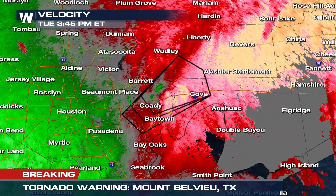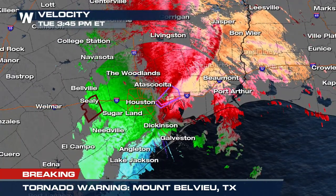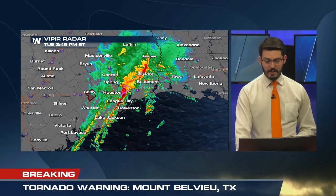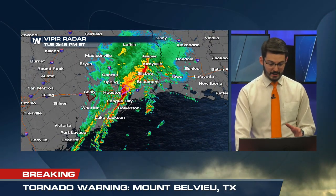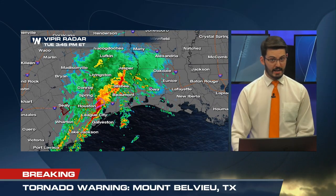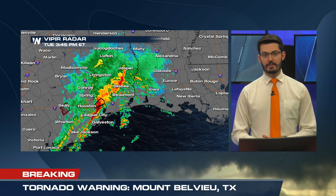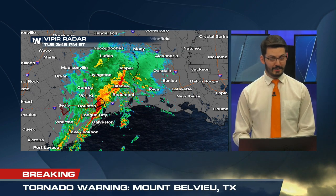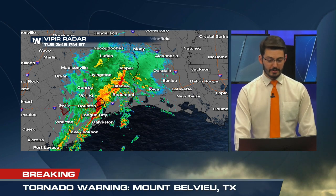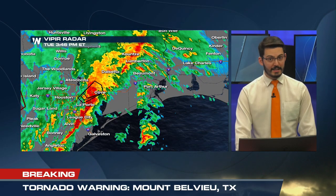We'll stay with you for the next moment, but this whole area is within a region where we could see tornadoes developing throughout the afternoon today. So you want to keep an eye on the whole situation here. This whole line of thunderstorms is beginning to move towards the Beaumont area. Houston, you're now behind the line, so we're really reducing your threat for any tornadic activity. So this is some good news for you, but it's going to follow that I-10 corridor. So if you live anywhere between Houston and Beaumont, for the next hour, you need to really stay with us